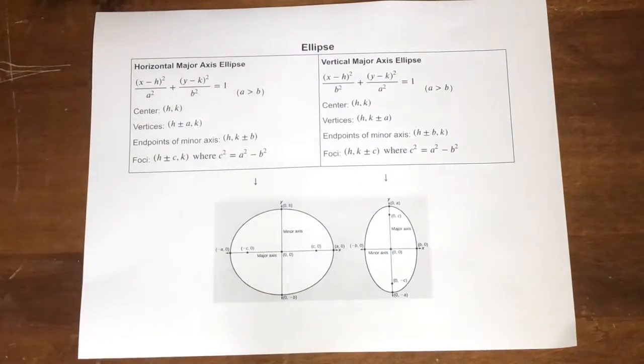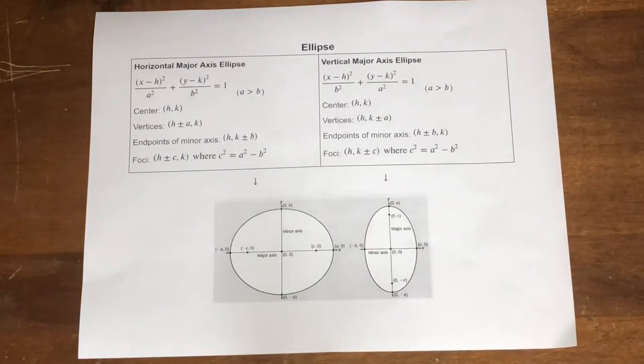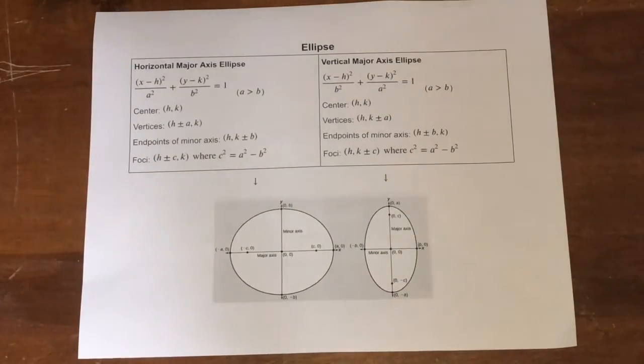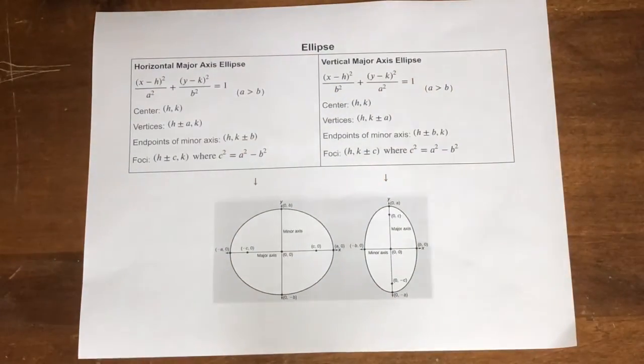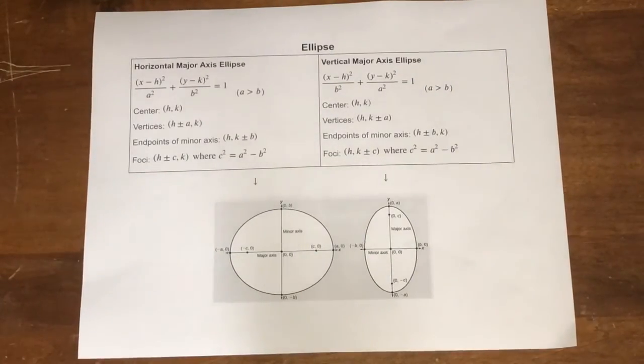So that concludes our lesson for today. So let's recap on what we learned. We learned how to convert a conic section equation from its general form to its standard form. And from there, we learned how to classify it as either being a parabola, a circle, an ellipse, or a hyperbola. And then if it's an ellipse, we learned how to classify it as either a horizontal major axis ellipse or a vertical major axis ellipse. Then we learned how to find the center, the vertices, the endpoints of the minor axis, and the foci of that equation. And then finally, we used all of that information to plot that equation onto a